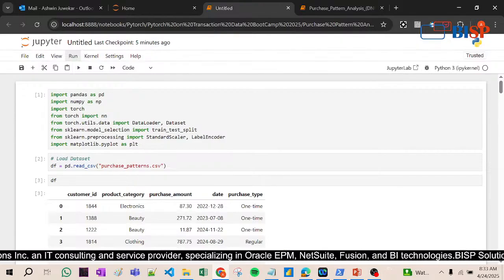Why? Because college students, just for a cup of tea, will not go 1 or 2 kilometers away, or onto a highway. So this is how we predict the pattern of purchase: what thing you are selling and what impact that thing has on the customer's life, right? This is all about purchase pattern analysis.